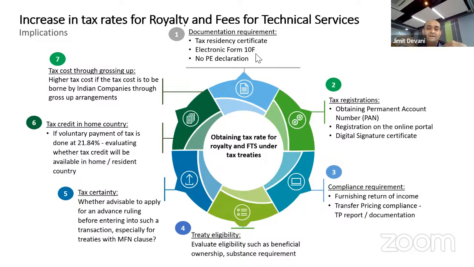As an Indian party, because I am the payer, I have to be compliant with the Indian law. So if that payment is subject to TDS, I will have to pay from my own pocket and deposit that into the government treasury. And that is called the concept of grossing up. You gross up that amount so that the government doesn't lose out, and you pay the taxes into the government treasury, and the foreign party still receives the $100 into the bank.